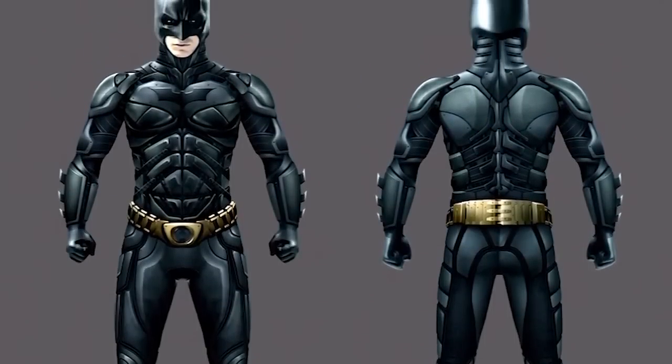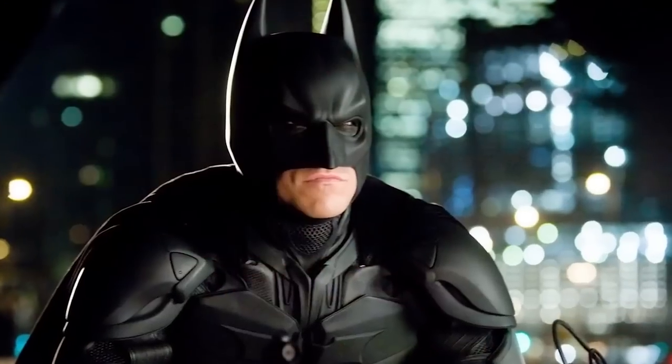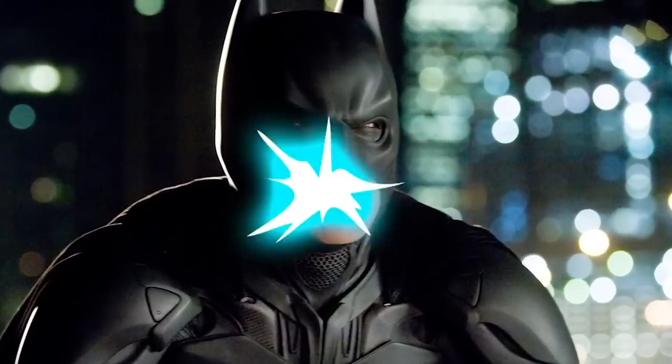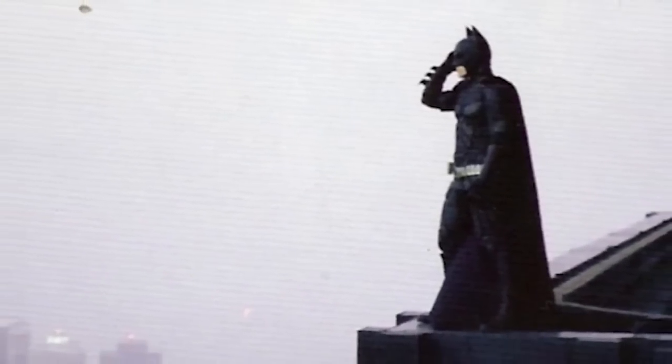It's made up of hardened Kevlar plates on a titanium-dipped fiber, with his cowl's new design being based on that of a motorcycle helmet, granting him increased flexibility in his neck so he can actually turn his head. Batman also gives the suit sonar vision, which would use cell phones to help Batman see in even pitch darkness